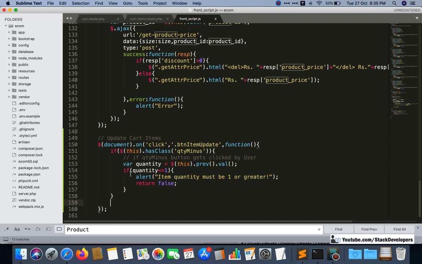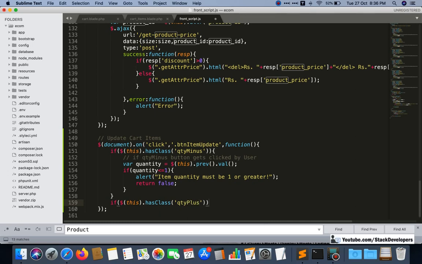Okay, so this is the one case, and another one is if $this has class quantity plus.